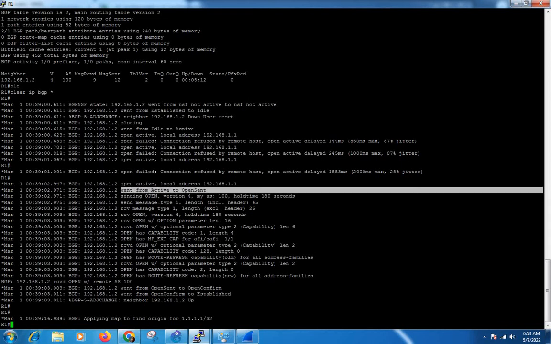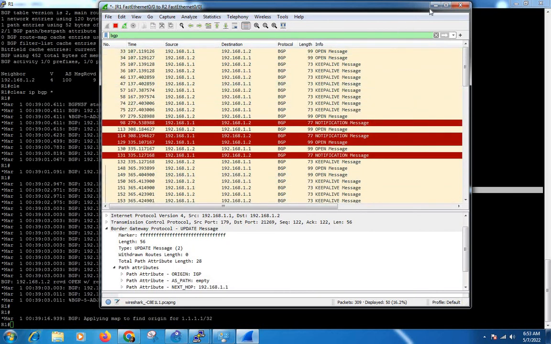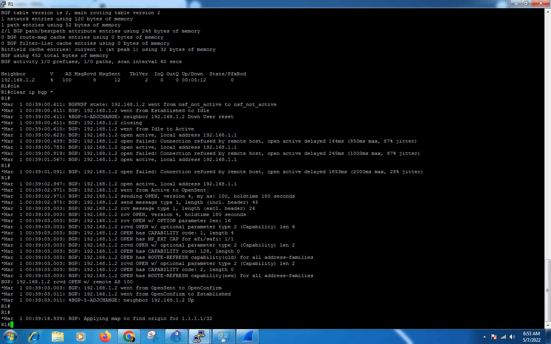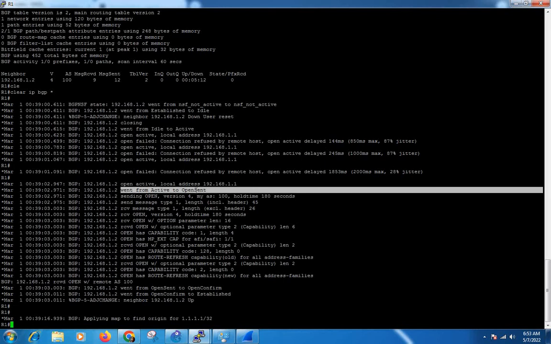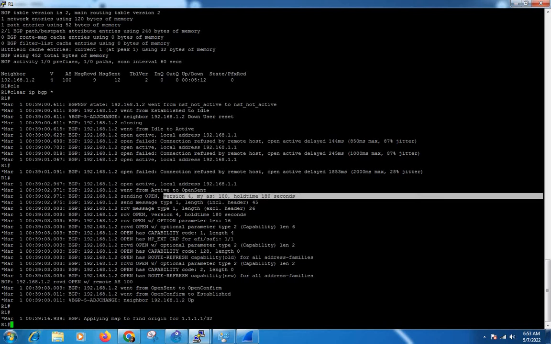We have seen the open packet here, sending open version 4, and in that open packet I will show you these three pieces of information.